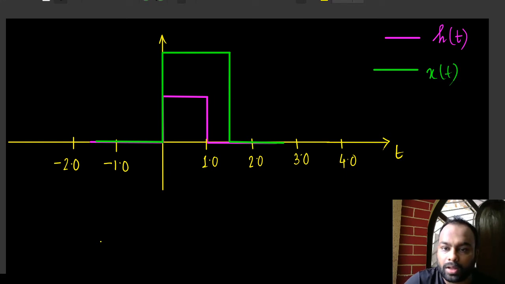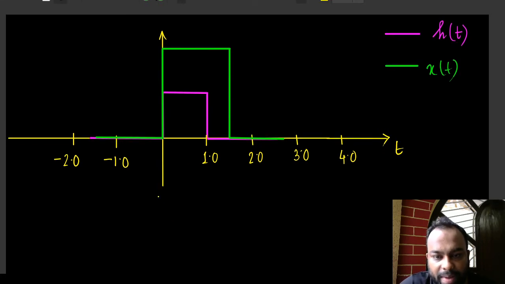So we are now trying to find out the convolution of these two signals. I think that won't be very difficult to understand. This green one is an input to the system, and this purple one is the impulse response of the system. We are trying to figure out the convolution of these two signals. First of all, let's do this mathematically, and then we shall talk about it in a more graphical fashion. Rather, let's start with the graphical fashion.